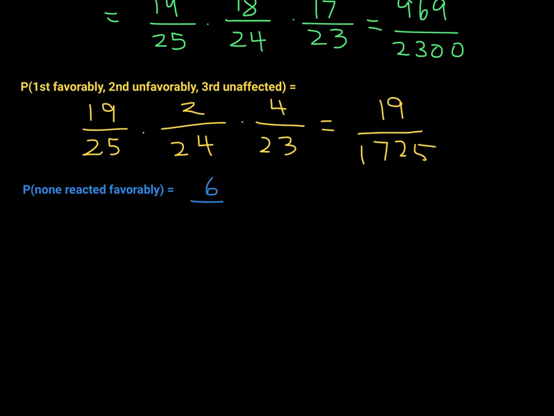So 6 out of 25, all right, times, now there's only 24 patients to select from and 5 that did not react favorably. Now for the third selection, there's only 23 patients left and 4 patients out of that many that did not react favorably. This probability is 1 over 115. All right, very good. All right, so for the last one, I believe